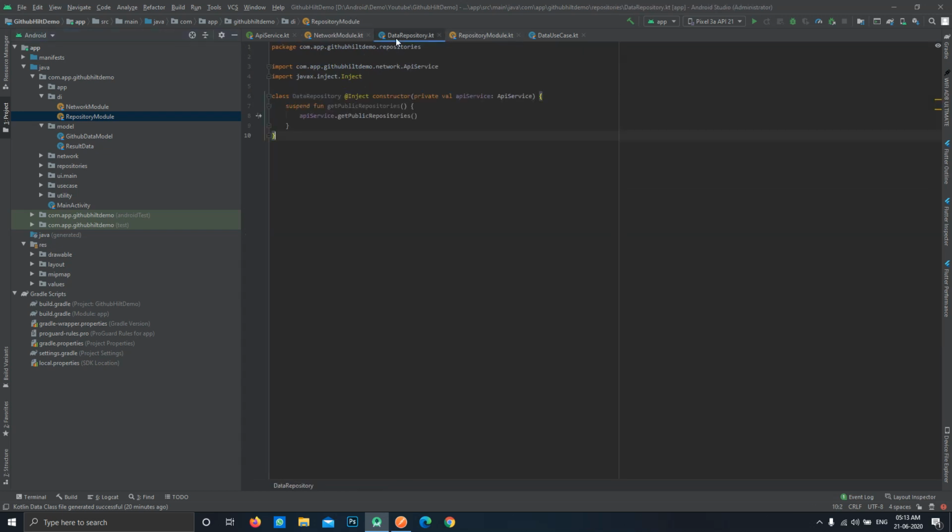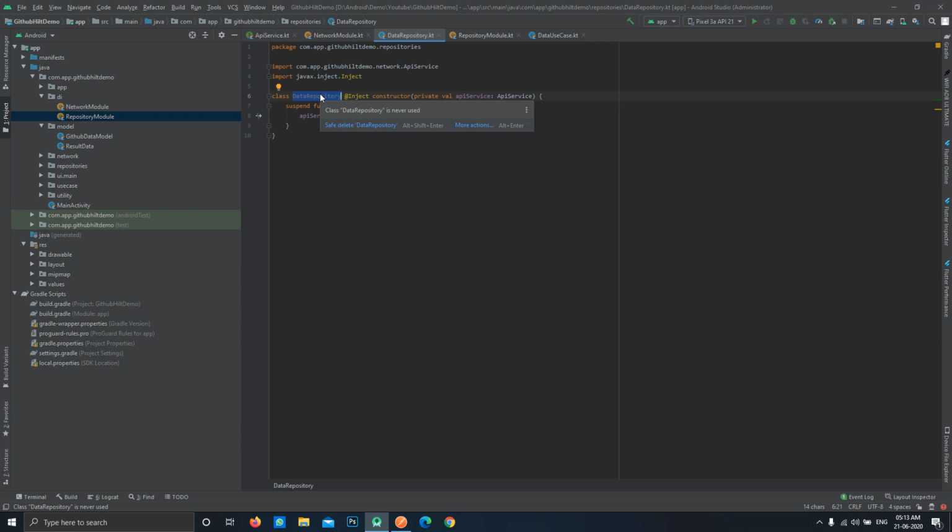because we don't want the instance of this data repository class to stay till the life cycle of the application. We only want this instance to stay till the activity or the fragment is in memory, or currently visible to the user, or not in the destroyed state.